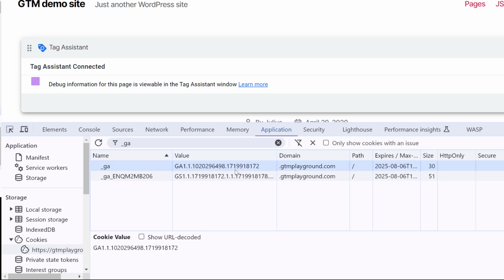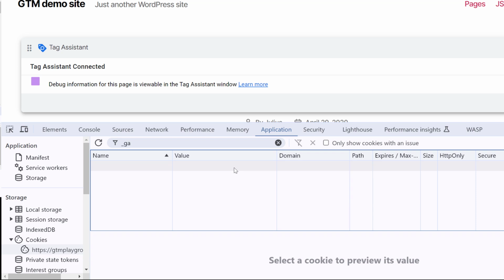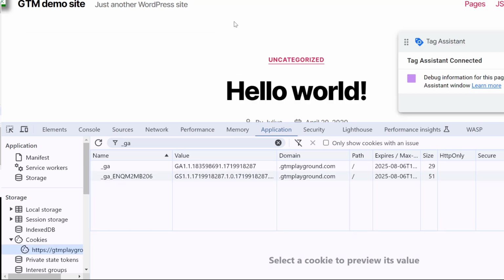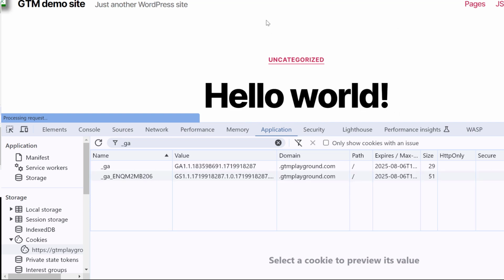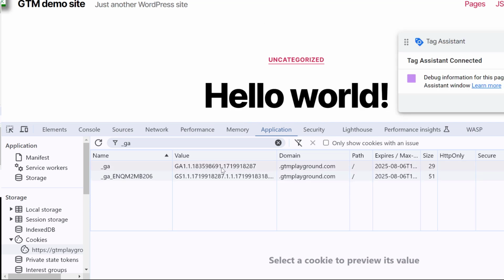If I delete the cookies and then refresh the page, Google Analytics is activated and a new value of the client ID is created. This is a random number and this is the timestamp of when this cookie was created. Now, if I browse the site and go from one page to another, that cookie persists. Therefore, Google Analytics knows that the visitor who had this client ID on the previous page and on this page